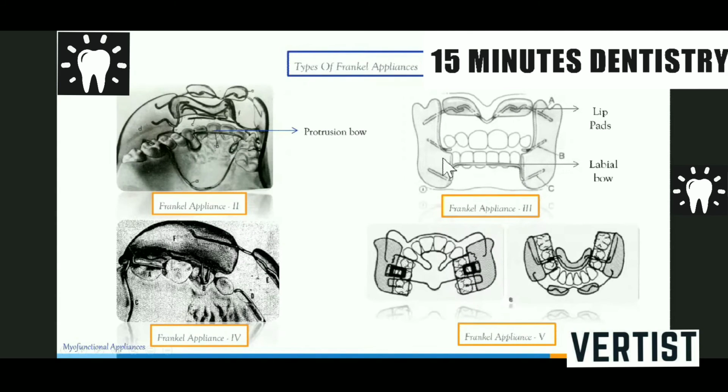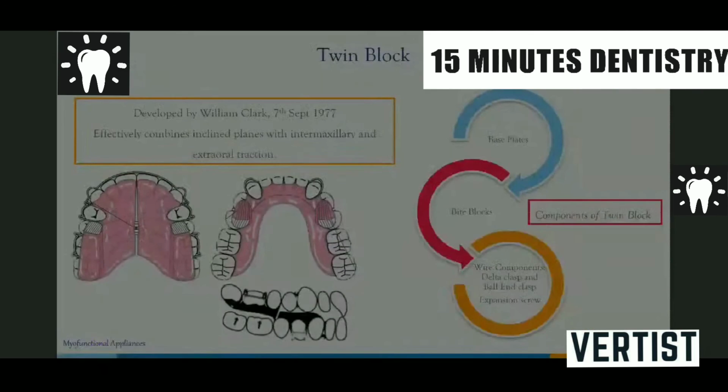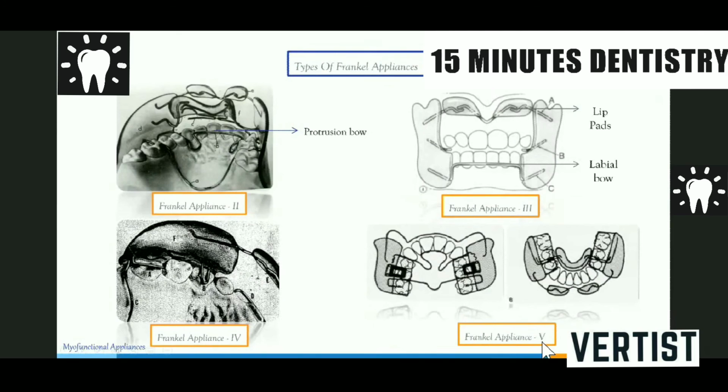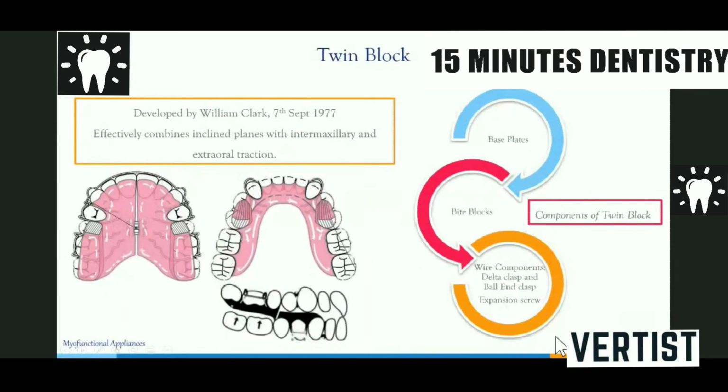Also, it restricts the growth of the mandible. The labial bow is given on the lower arch. We see the Frankel 4, where the occlusal stops are given on the permanent molar as well as the deciduous molar in order to restrain their eruption in cases of open bite. We have Frankel 5 appliance which has the soldered tubes on it which can incorporate headgears during treatment.